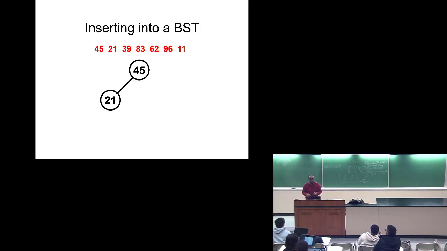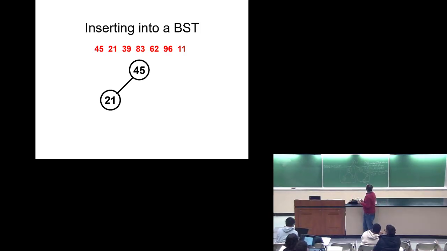No, I can't, because whatever we have on the right hand side should be greater than 45. So it will go to the left of 45, which is 21. But here again, I need to decide, right? 21 is already there. I need to make a decision. To where? To the right of 21. You all see that, right? We will have to search,